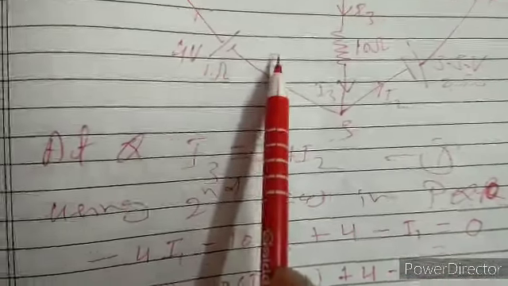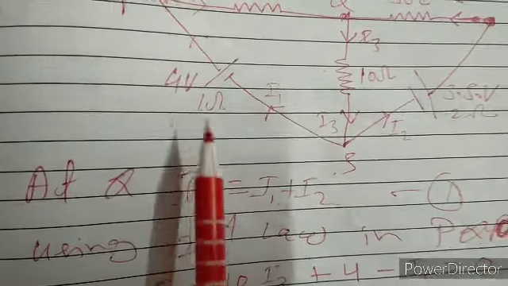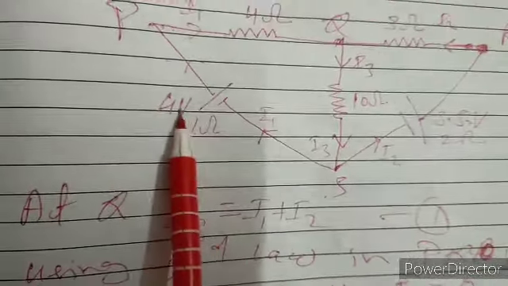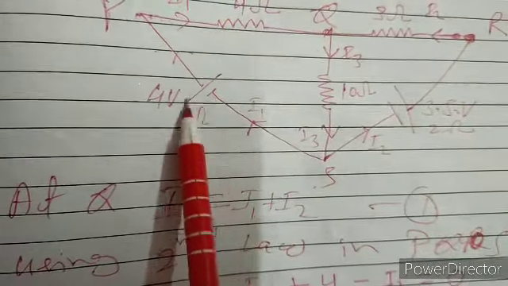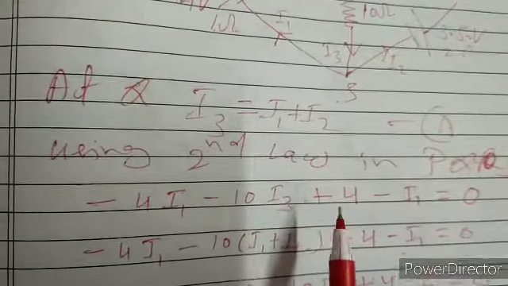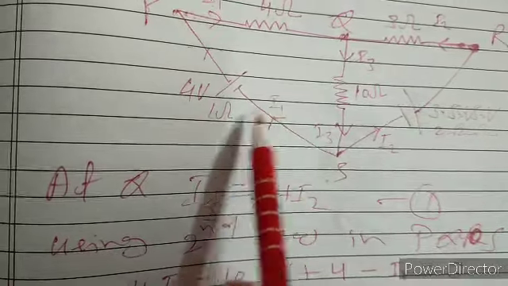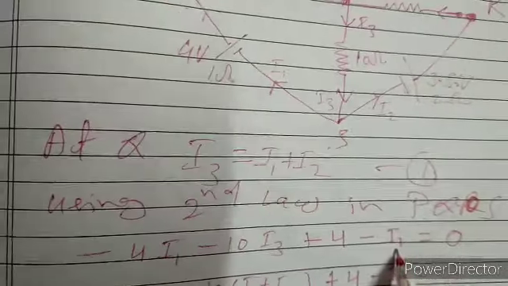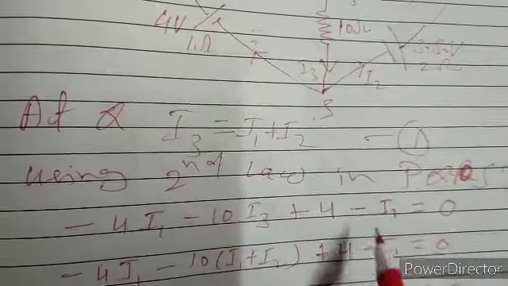From S to P, there is a resistance also. Due to this resistance there will be a voltage. So that voltage we have to take, and also the voltage of the battery. The second terminal is positive, the big line, so we take plus 4 volt directly. And for the resistance, IR, I1 into 1 ohm, I1 only. Since the current is flowing in the same direction as us, negative, minus I1.